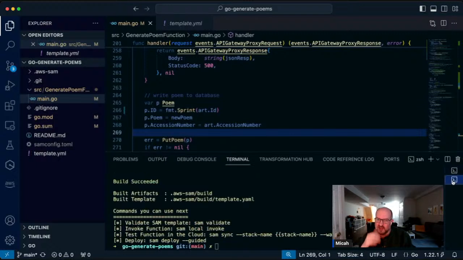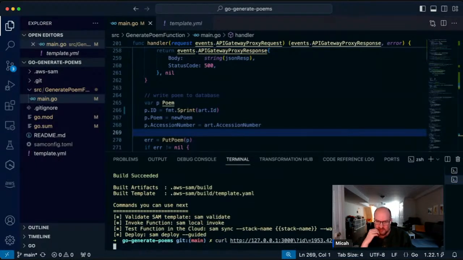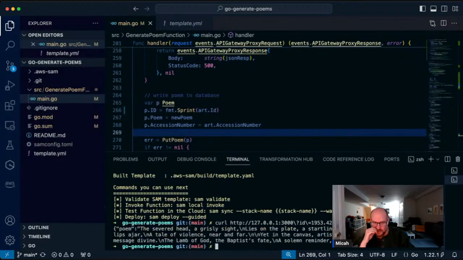All right, that's running. Now we're going to do the same thing. All right, so 1953.424. Okay, that seems to have worked. Let's go check our DynamoDB table now. Once we're done with this, we're going to have a little talk.